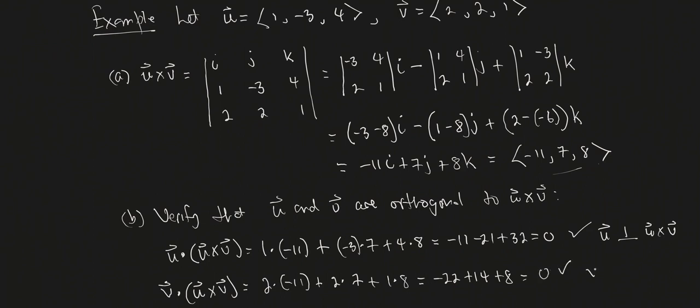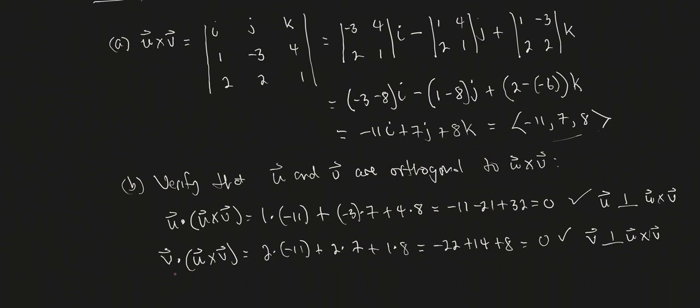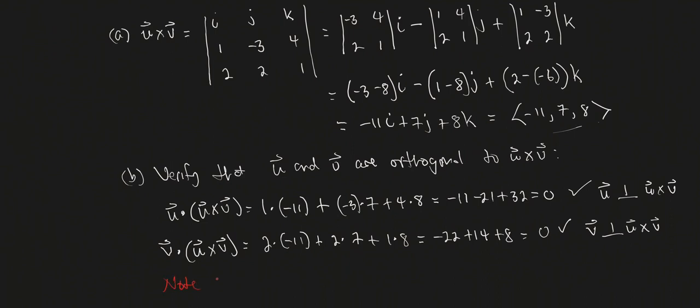So that means v is orthogonal to u cross v, right? So again, I'm just saying that I don't know if u and v are orthogonal. We could check just looking at the components, just doing a quick dot product in my head. I'll make that note and I'll put that in red. Note, since u dot v is not equal to 0, u is not orthogonal